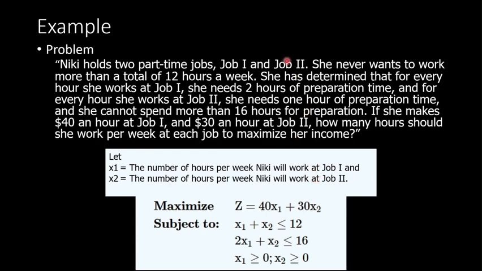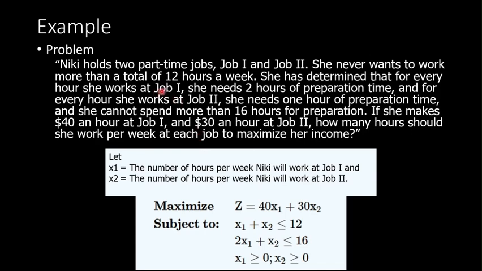So to formulate any linear programming problem, we need to define the decision variables. The objective function, z, is called the objective function. This is the objective of solving the problem. And then we must formulate the constraints. As stated here,